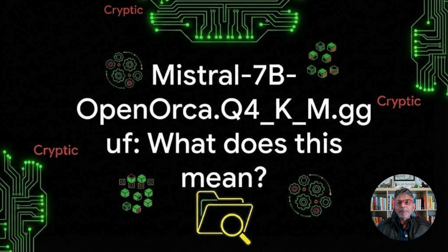You have seen this a million times on a download page. Mistral 7b openorca.q4km.gguf. It is long, it is cryptic, and you are probably wondering, what does this even mean? That is exactly what we are going to break down. This is not a random string of characters. It is a detailed label that tells you everything you need to know about what is inside that AI model